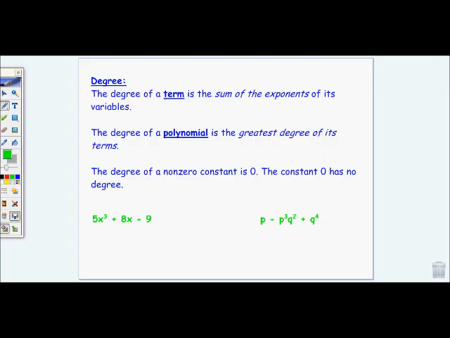So let's look at this expression. The first expression is 5x cubed plus 8x minus 9. The greatest degree would be right here. The greatest degree would be this term 5x cubed because it is cubed. Okay, so the degree of 5x cubed plus 8x minus 9 is going to be, oopsie,